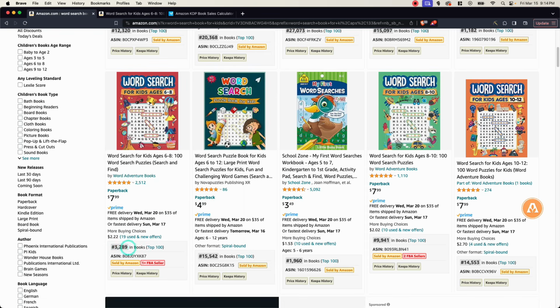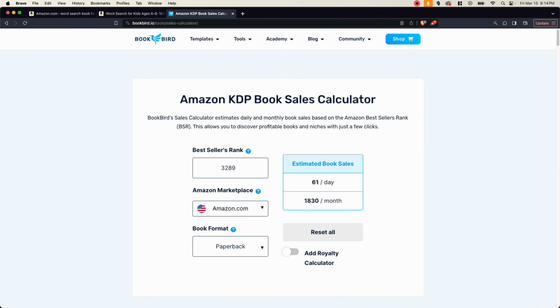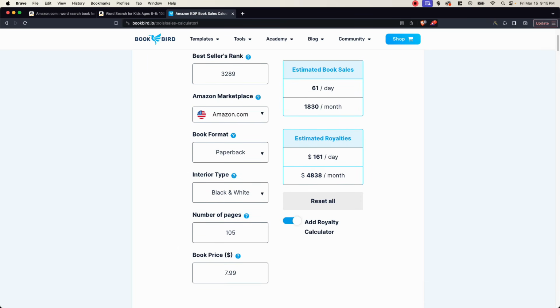3,289. Now, to give you an idea of how much this book makes, if we go to an Amazon KDP book sales calculator and put its BSR in here of 3,289, we can see that it makes 1,830 sales per month. And then if we add the royalty calculator with all of the other info, we can see that this book makes $4,838 per month, just under